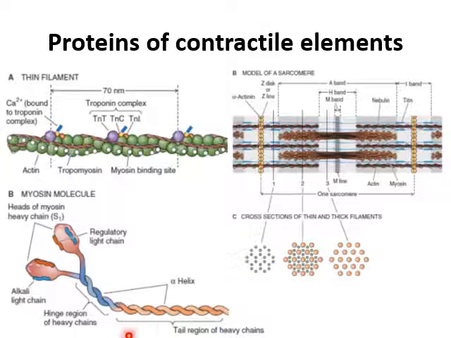The myosin found in humans is myosin type 2. It has two globular heads. You can see here it has two globular head parts and a tail part. The head part is made up of light chains and the tail part is made up of heavy chains. The head part has a binding site to actin and also a catalytic region which hydrolyzes ATP. It acts as a regulatory light chain which regulates the binding of myosin to the actin during contraction.